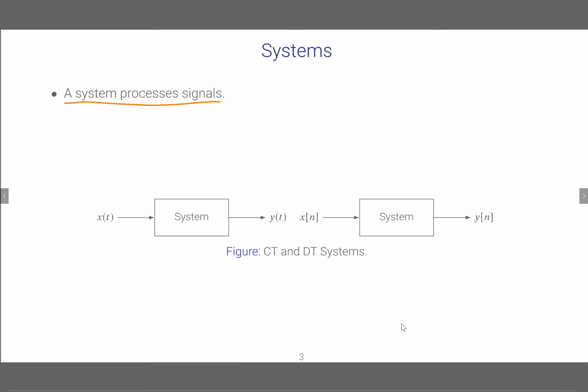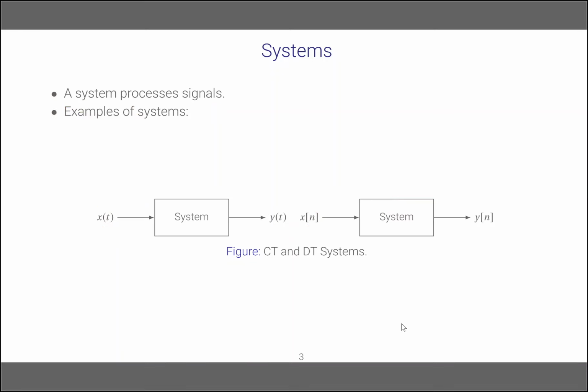Now if we take a continuous time signal, we represent the input as x(t), where t is the independent variable, and the output is y(t). Here t is a real number, and the fact that we use parentheses indicates that it is a continuous time signal. And here is a discrete time signal. In this one, n is an integer and we are using brackets. Therefore, we know that this is a discrete time system and the output is y[n].